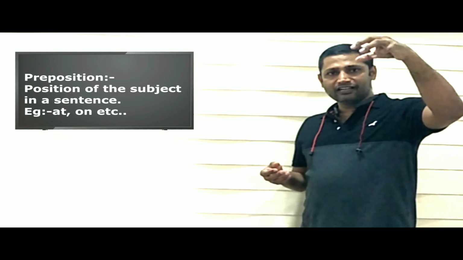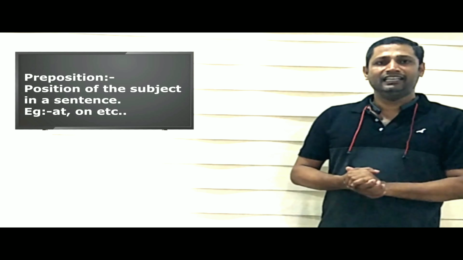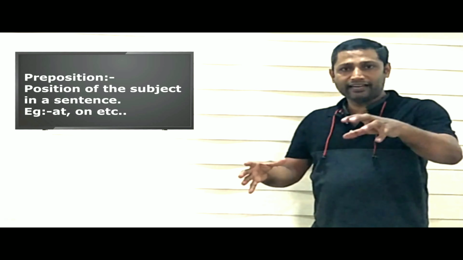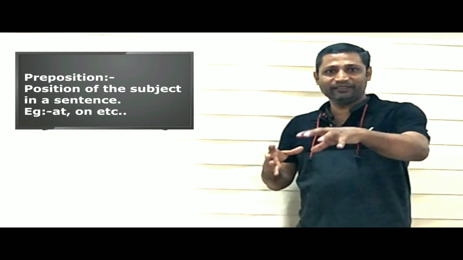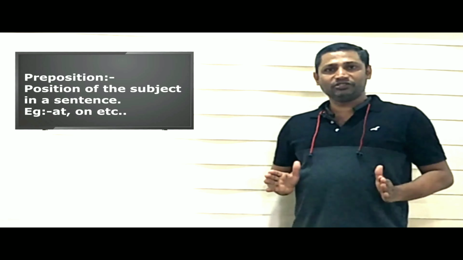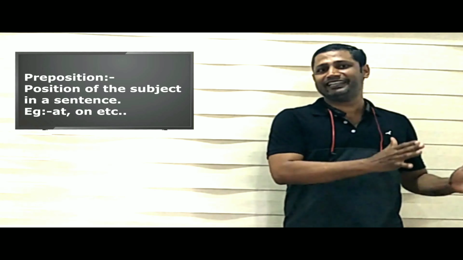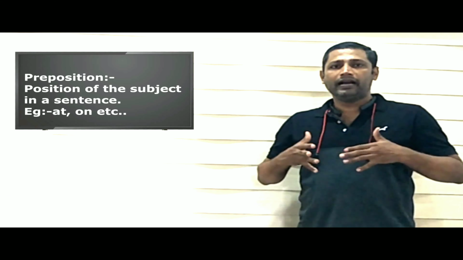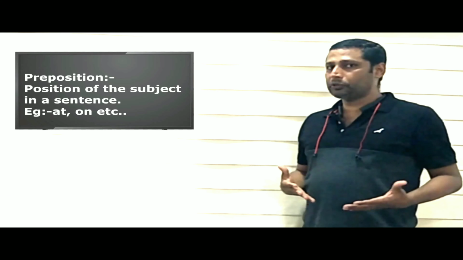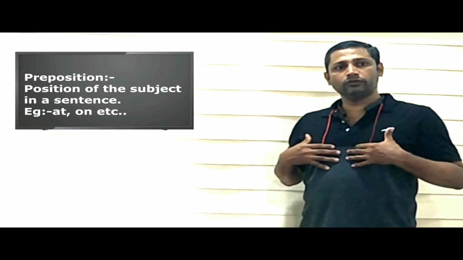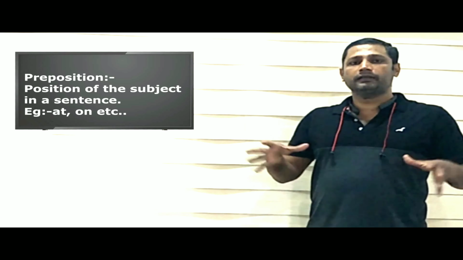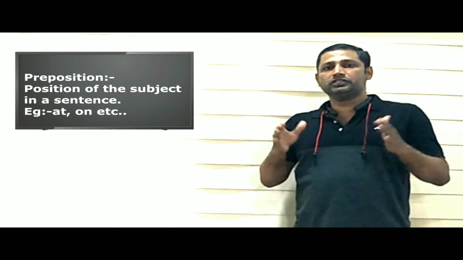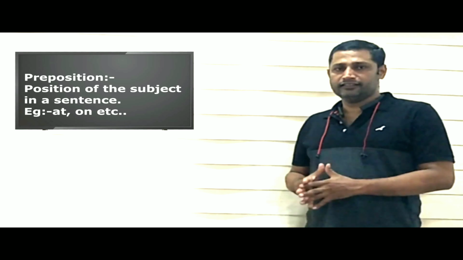So when the cat goes inside the box, the position of the cat is inside the box. So we can say that the cat is in the box. So this word, the preposition, shows the position of the subject in a sentence. And it shows nearness, something like: I am at your doorstep. So it also shows the position of the subject. So preposition means words used to show the position of the subject in a sentence.